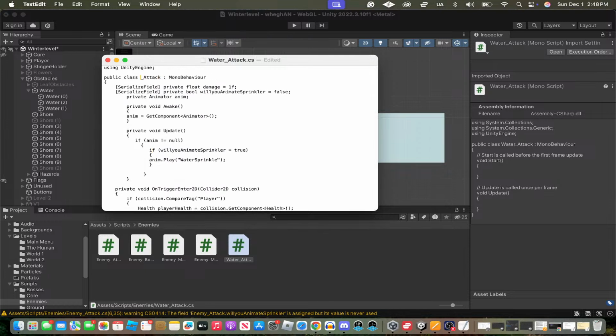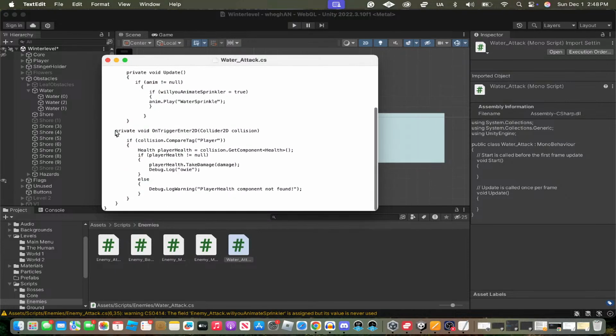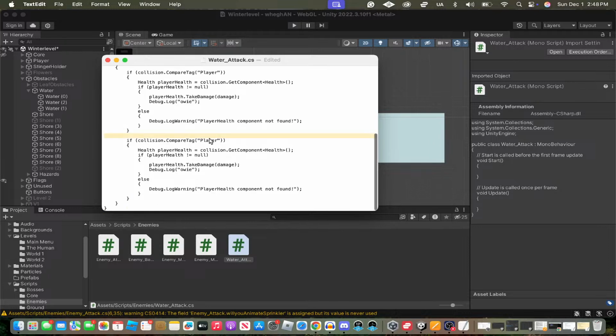Then just change this to water attack. Then make a new if statement. If collision.compare tag ice